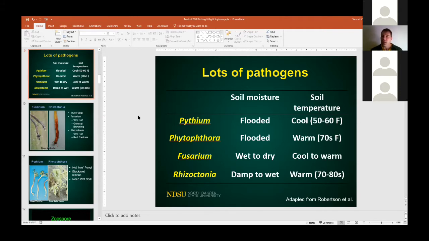So soil moisture conditions really range from flooded to dry though, and soil temperatures that are favorable for these range from cool to warm. So the message here really is there's a root rot pathogen for every environment. Certainly you see more root rots when you're wet and generally when you're cool, but you can have problems when you get hot too. So they're broken into two biological